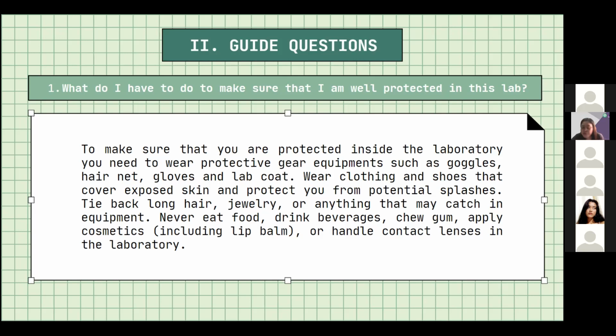If you don't have your lab gown until now, please buy a lab gown na hindi nakabotones, yung stick together lang para madali siyang hubad din kung if ever example may sunog na nangyari, madali mo siyang